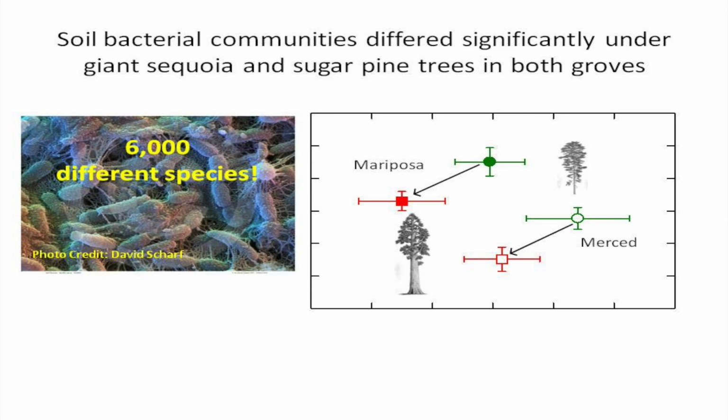In other words, there were novel bacteria that we found under giant sequoia that we didn't find under sugar pine, and vice versa. And to try to let you visualize that, I produced this graph here that us ecologists love when we're looking at multivariate data. And it shows that each of these symbols denotes the membership of the microbial communities in the soils of these different groves and under the different species. And you can see that they all are different from each other, both by grove and by tree species that